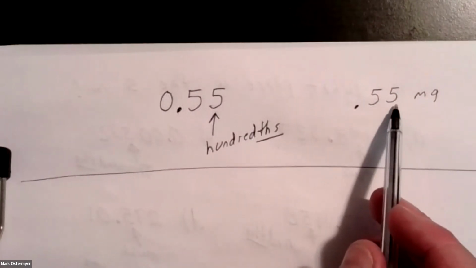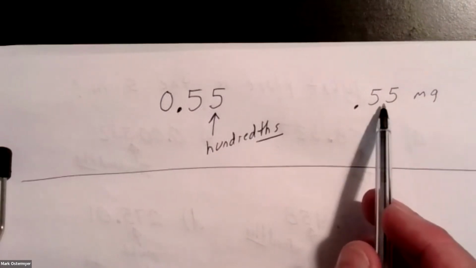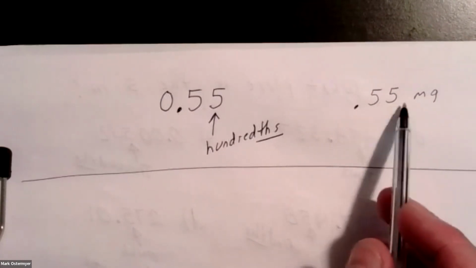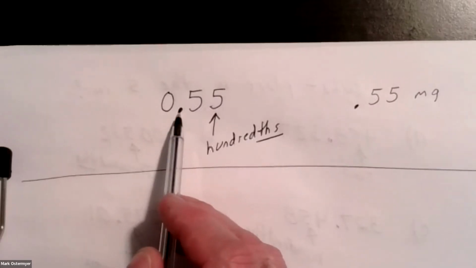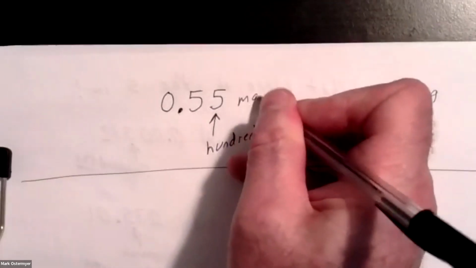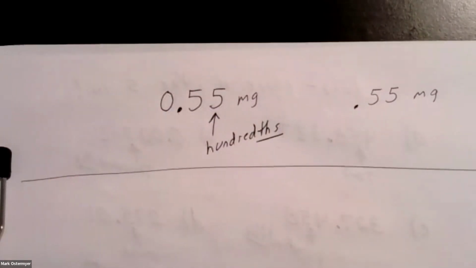That's 55 hundredths of 1 milligram. Do you agree? You might kill a patient. That 0 there is a flag, a warning telling you there's a decimal point here. So this is 55 hundredths of a milligram, not 55 milligrams. So careful on that one. Might want to put the 0 in front of the decimal point if there's no non-zero digits to the left